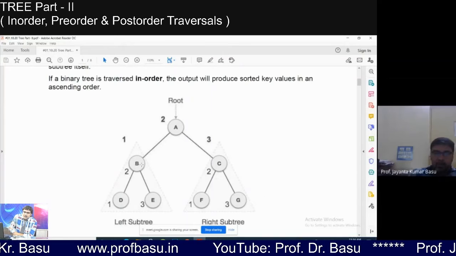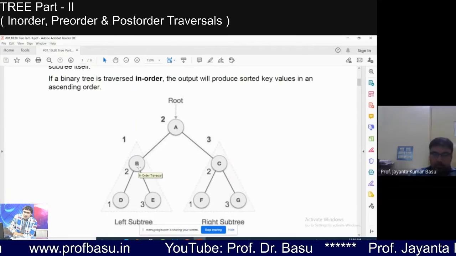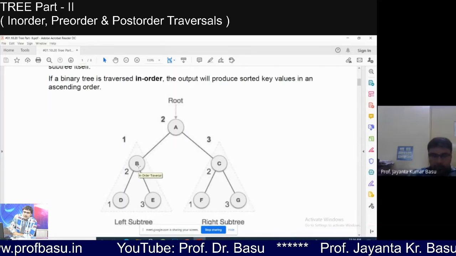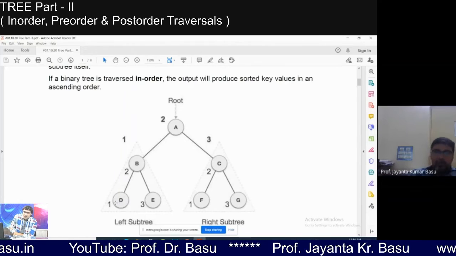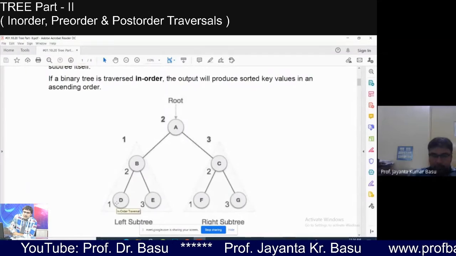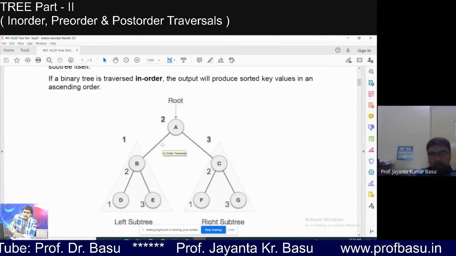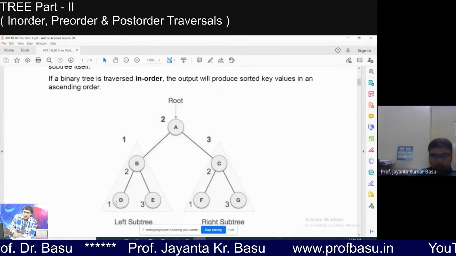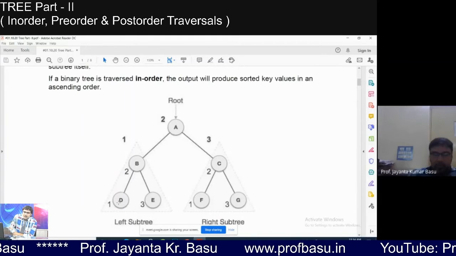Then again you got a node. You have to check whether it is the leftmost of the tree. No, it is not the leftmost. There is one node still present in the left side of this node. So traverse left. Now there is no node. So for this subtree, if you maintain this sequence, left, root, right, it is the leftmost part. So D will come first. So you have to pick the value D,